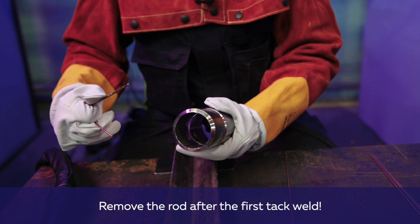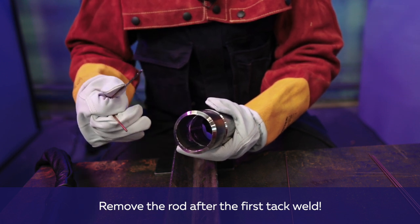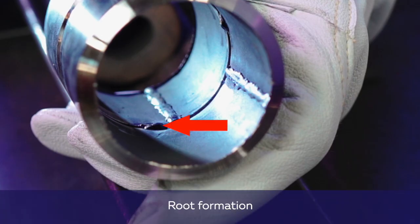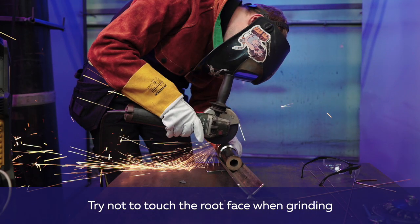When the first tack weld is done, we pull out the metal rod, otherwise it will stick. From now on, we will use only one end. When welding tack welds, we add additional metal from the inside of the pipe so that we get a root. Before welding, we clean the tack weld, in which direction we begin to move,